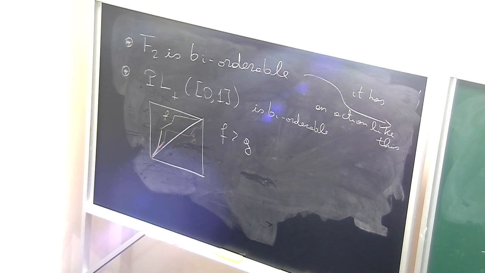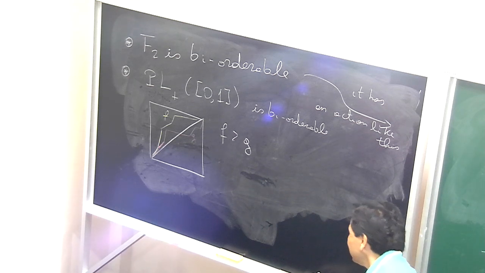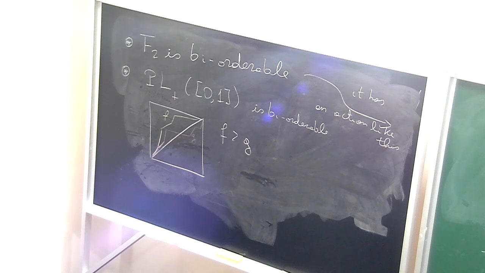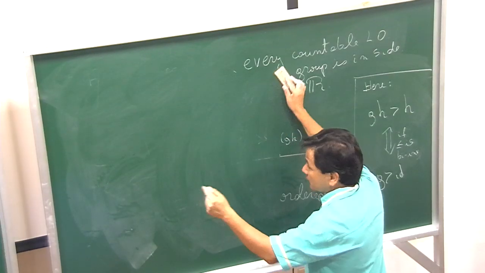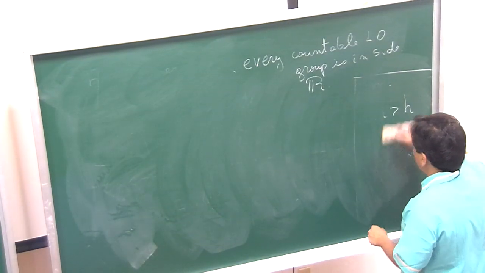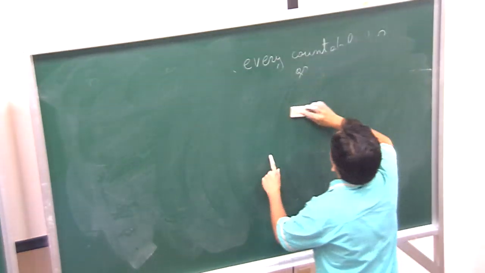So exercise, and this is a real exercise. The converse is true. So if G is biorderable, there is an action like this with this property of graphs that do not cross the diagonal, and conversely,